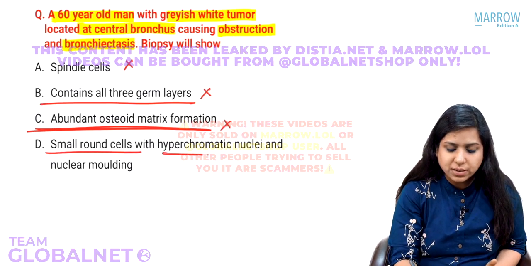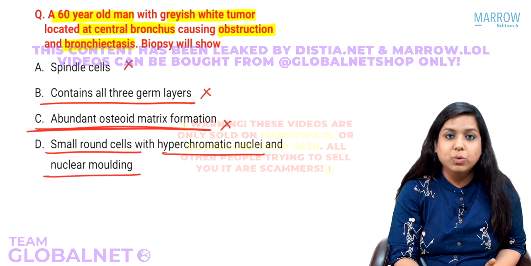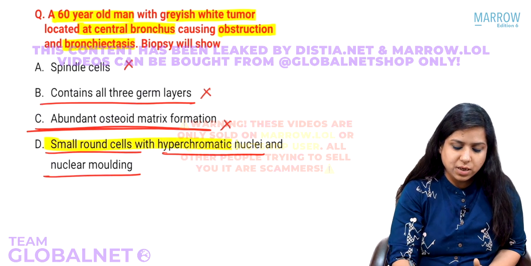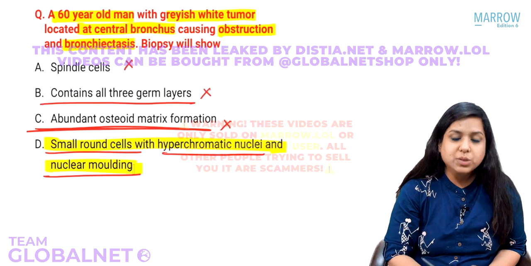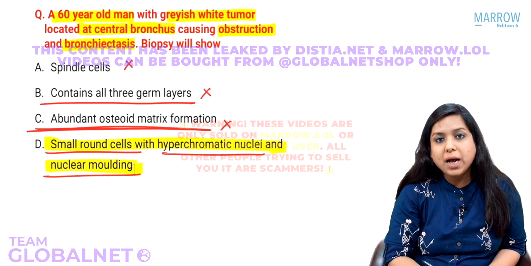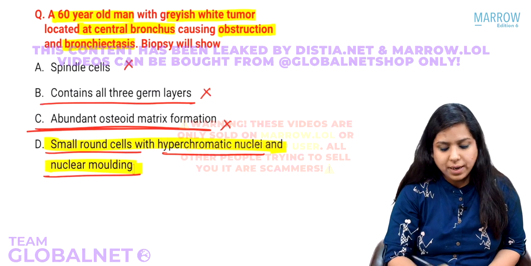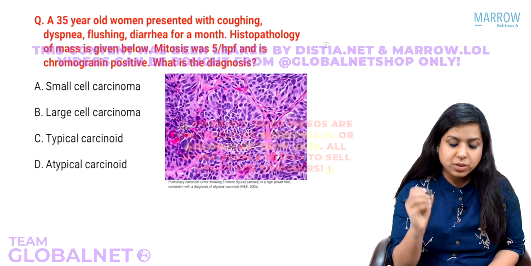Small round cells, hyperchromatic nuclei, nuclear molding. Features of small cell lung cancer. That's why this is the answer. Small round cells with hyperchromatic nuclei and nuclear molding. Correct? Next,